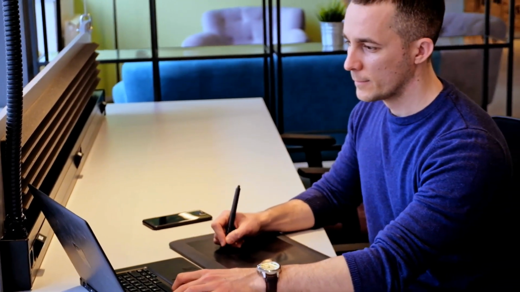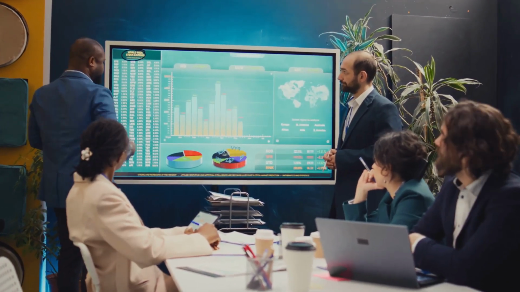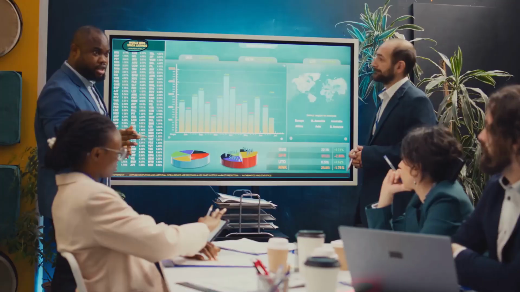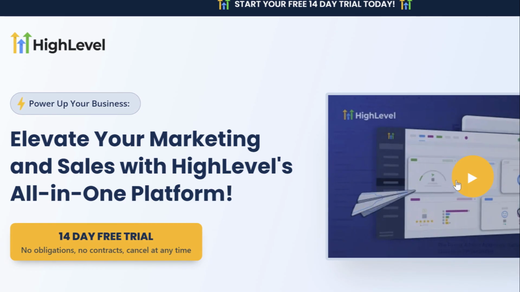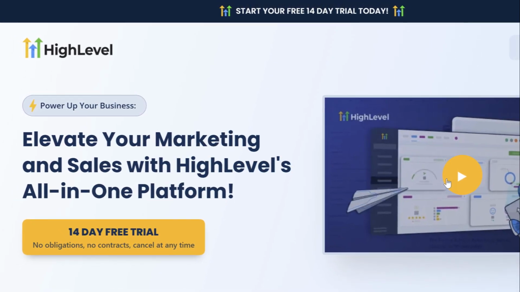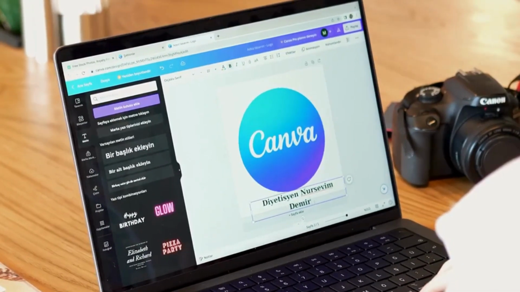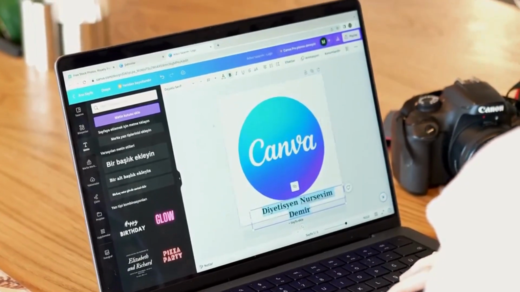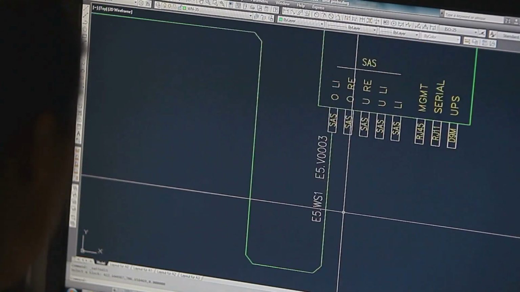If you use Canva to design your marketing graphics, and HighLevel to run your funnels, websites and automations, then this new update is going to save you a lot of time. HighLevel has officially launched a Canva integration directly in media storage, completely changing how you manage design assets in your marketing system. Instead of jumping back and forth between platforms, downloading graphics from Canva, and then uploading them into your funnel builder or media library, you can now access your Canva designs directly inside HighLevel. You can browse them, open them in Canva, download them, and import them into your HighLevel media library in just